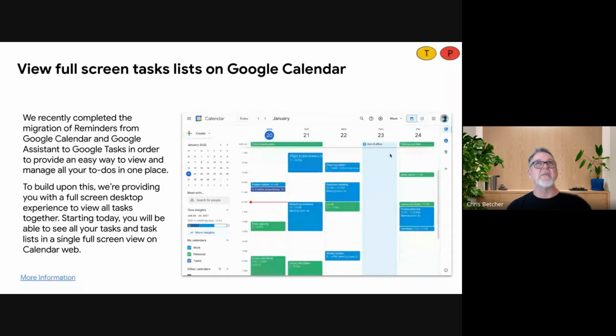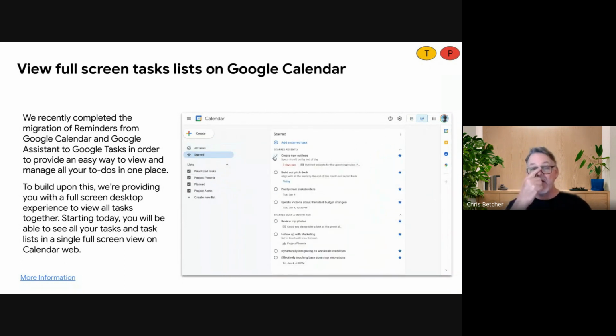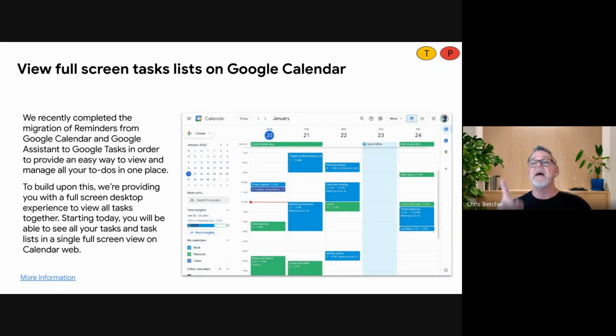I think we've talked in the past about how you can create check-off lists inside your Google Doc, and it will automatically synchronize across to your task list. So there's a lot of really great integrations taking place now right across the whole tool set in terms of tasks. This new thing, if you go to your Google Calendar, up in the top right-hand